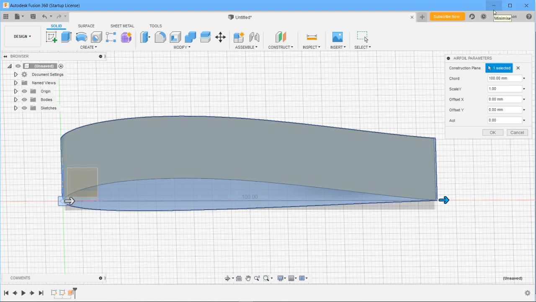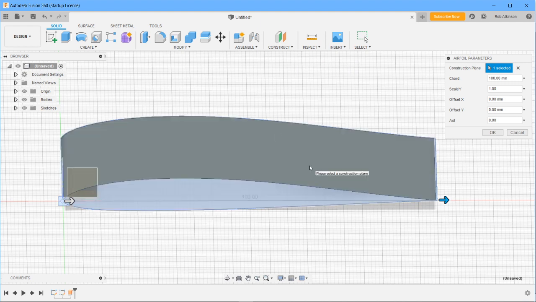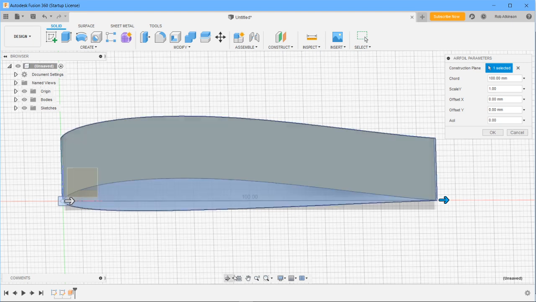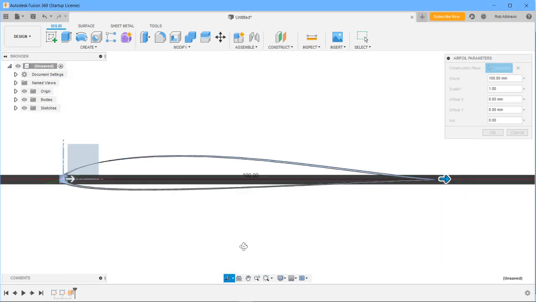I know you can create a sketch. I now know you can use this tool to create the outline of a sketch and then turn that sketch into what's called splines. Well, basically lines that join up, because this effectively is a curve, but it's actually really just a series of lines all joined together. And they're called splines, and then you can group those splines into a kind of shape. And then from there you can extrude from it, and then you've got yourself the rudiments of an aerofoil